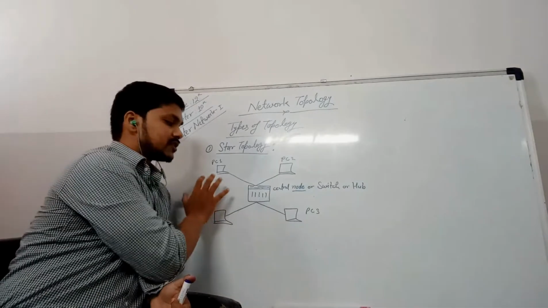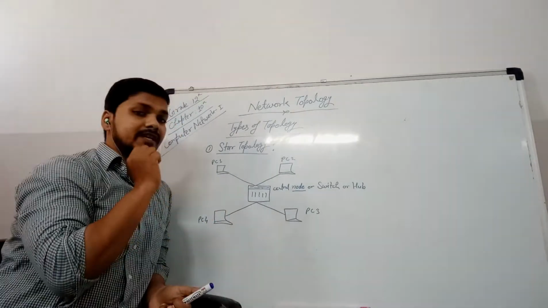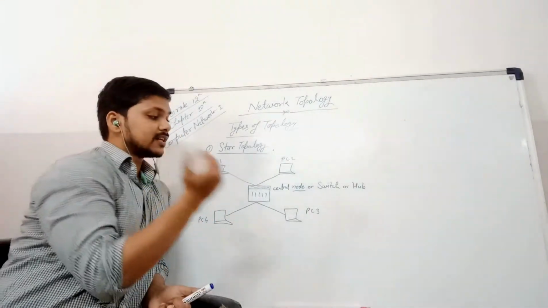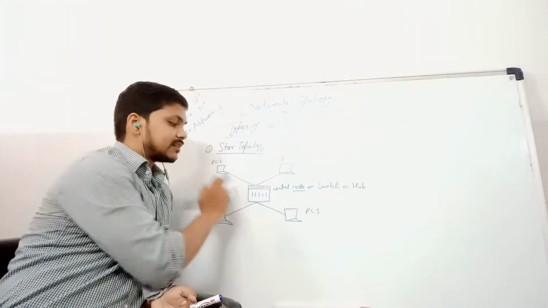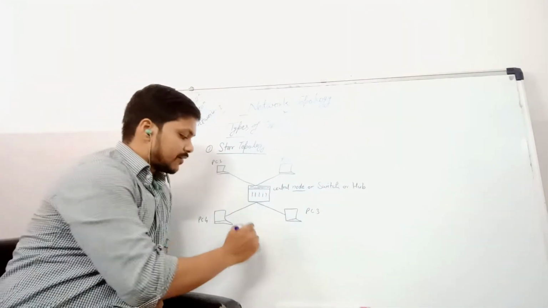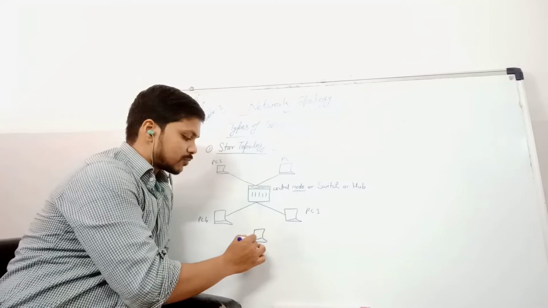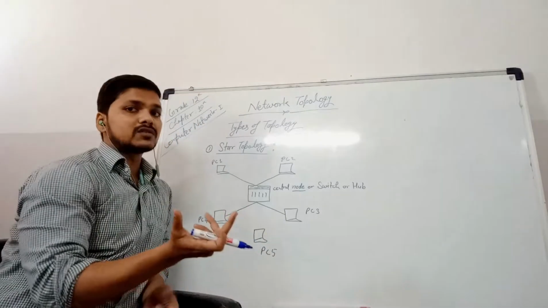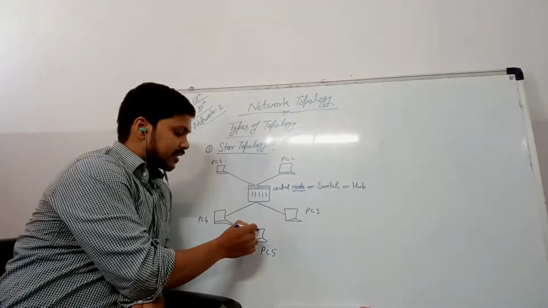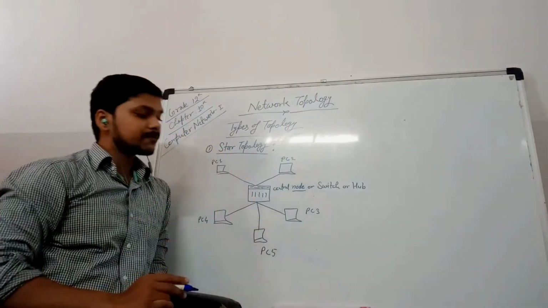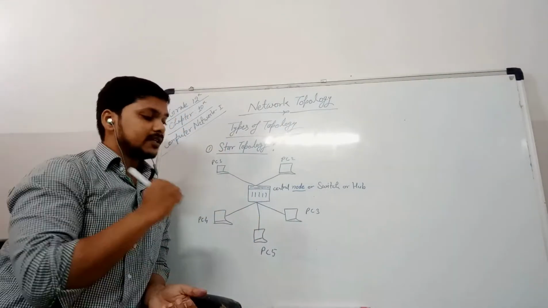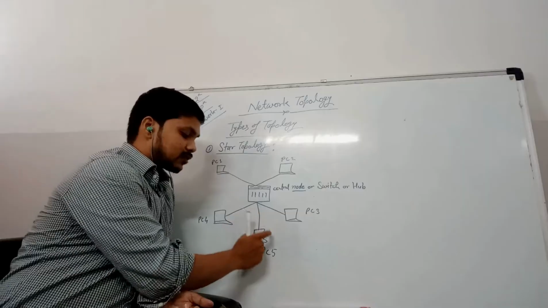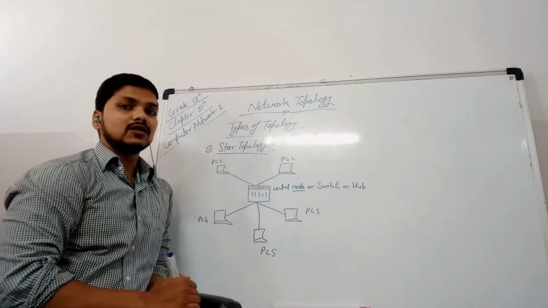The advantages of star topology are, first, it is very easy to connect any other electronic device with this central server. For example, if I have a fifth electronic device, PC number 5, I can take a coaxial cable or wire through which we can directly connect with this particular central node. So it is very easy to install or set up an electronic device with this central node.